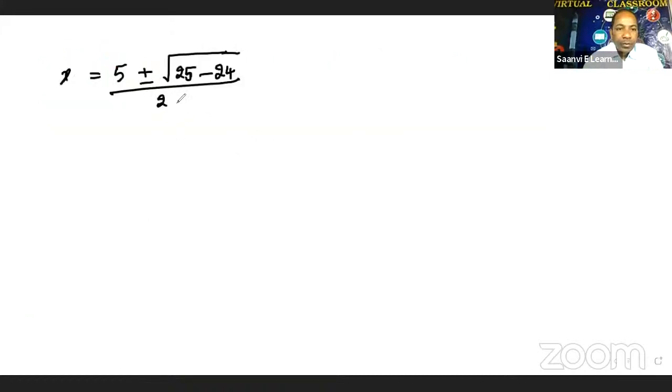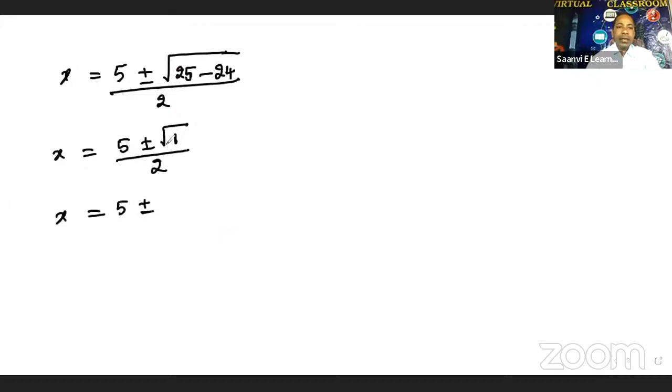Now x is equal to 5 plus or minus root 25 minus 24, how much? 25 minus 24 is equal to 1, by 2. So x is equal to 5 plus or minus